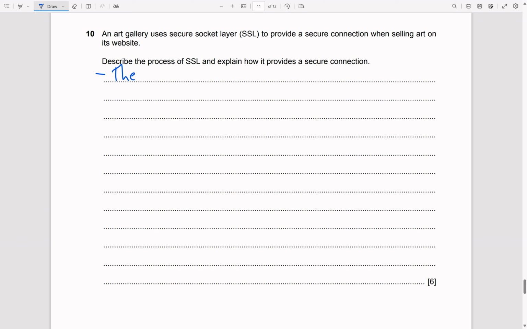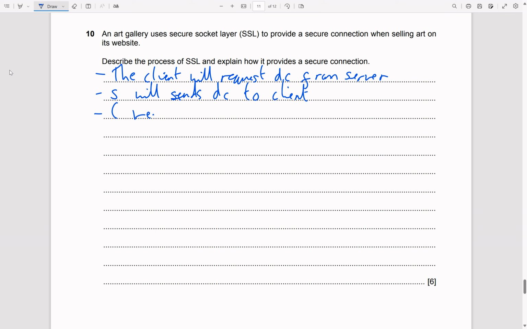The client will request the digital certificate from the server. The server sends the DC to the client. Then the client, C, will verify the digital signature in the digital certificate. Once verified, or after verification,